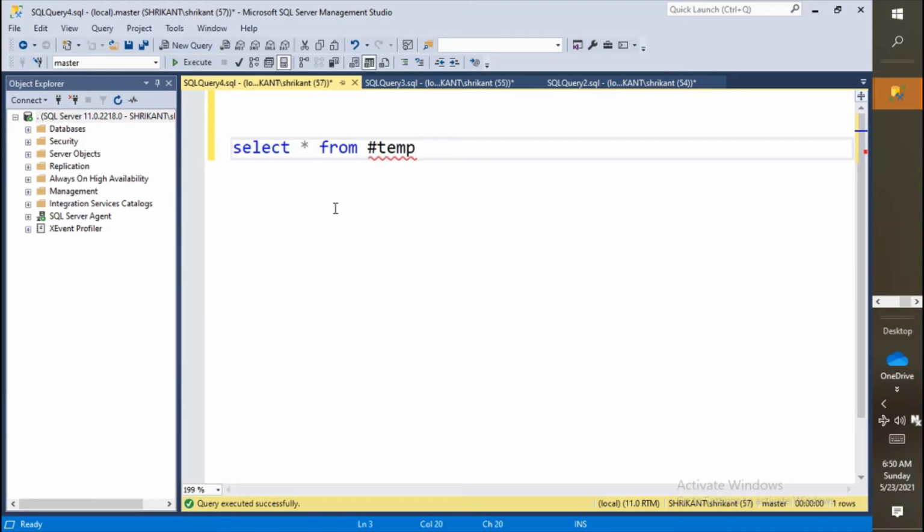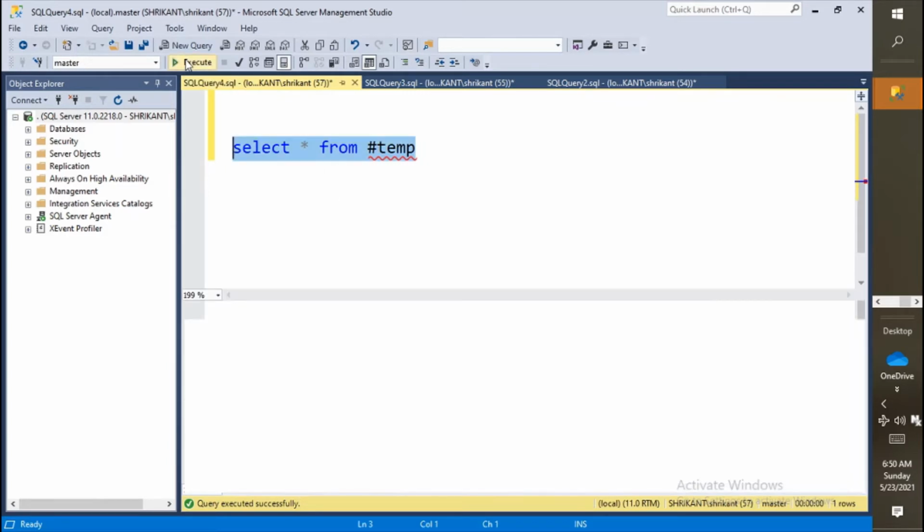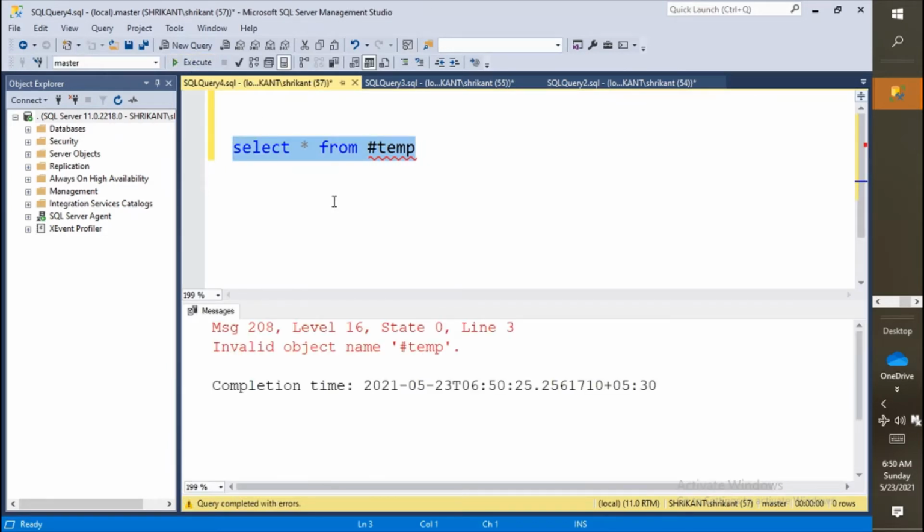Now I just copied the query, I'm coming back here, selecting the query and running it once again. I'm running the query and I'm getting an error. So what is the error? The error is invalid object name #temp, because this session doesn't know what #temp is, because #temp is a local temporary table which only points to the current session.